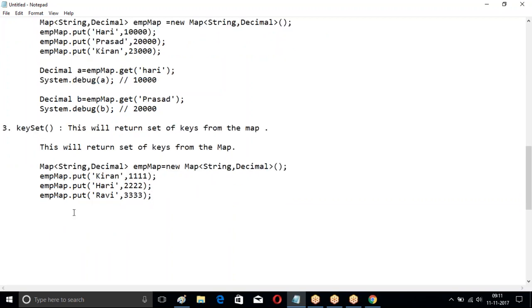So we created the labels. empMap.put Kiran value. empMap.put Hari value. empMap.put Ravi value. Then you want to get all the keys. Keys are in the form of what? String. All the keys are in the form of string. So what am I going to keep? Set of string